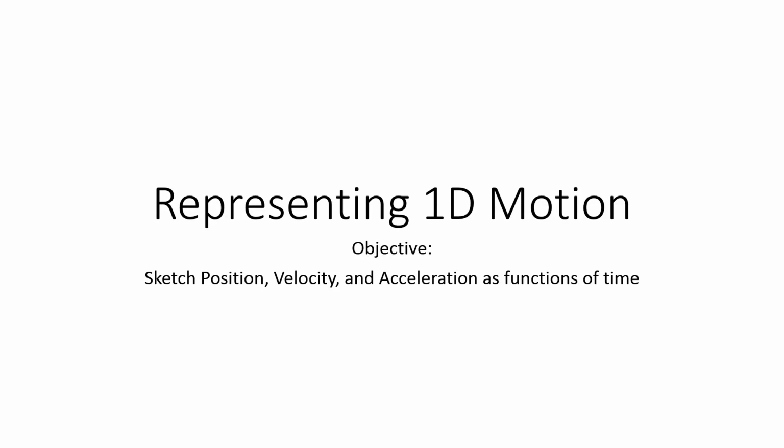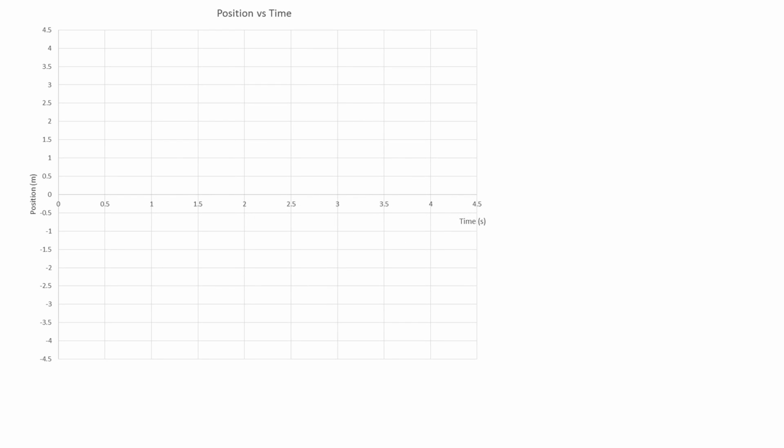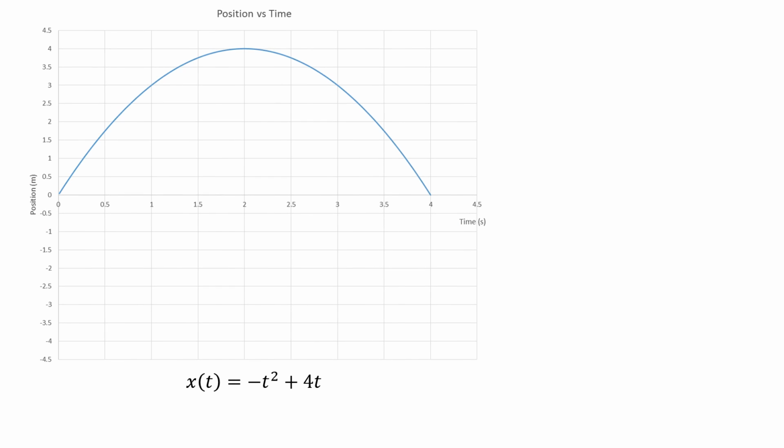The goal of this video is to derive the velocity and acceleration from a position versus time graph. Here we have a plot with position on the y-axis and time on the x-axis. We can sketch in a position function that looks like this, where x of t is equal to negative t squared plus 4t. Velocity is defined as a change in position over a change in time, that is, displacement over